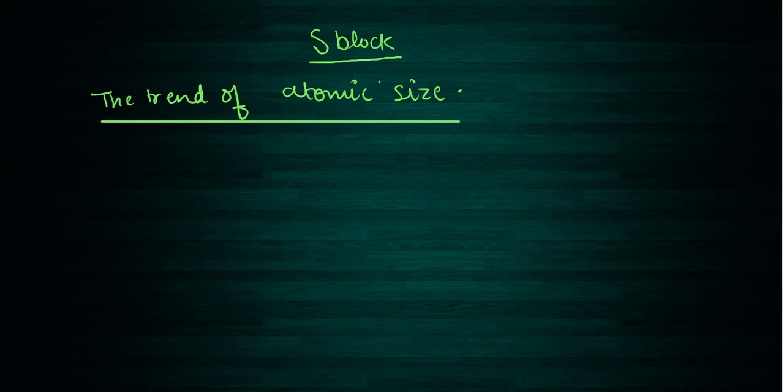As we know that group 1 has the elements lithium, sodium, potassium, rubidium, cesium and francium. These are group 1 elements. And as we know, according to the properties in the periodic table, while going down the group,